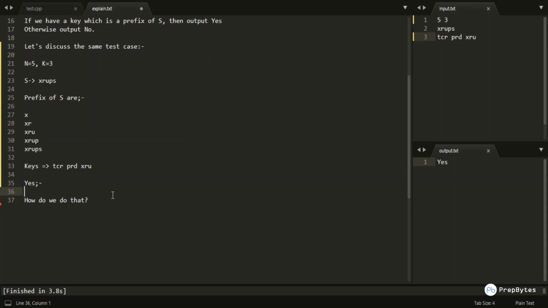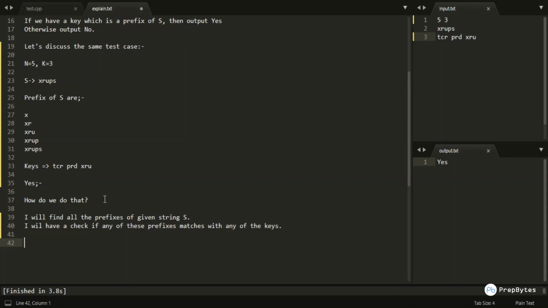It's kind of basic: I will find all the prefixes of the given string, and I will check if any of these prefixes matches with any of the keys.